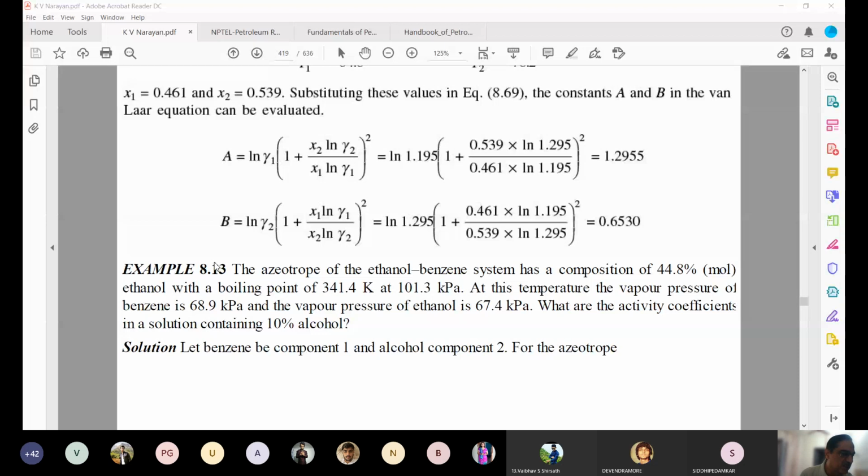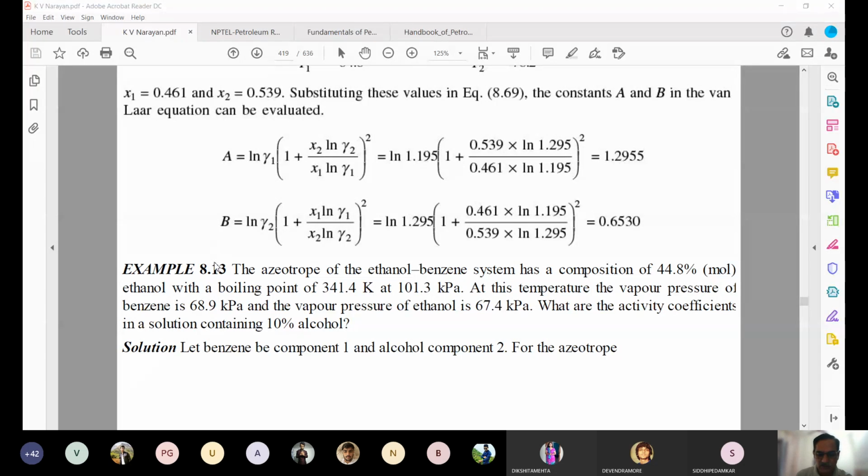अभी इसने जो बुक में सॉल्व किया है, ये बेंजीन को कंपोनेंट 1 और इथेनॉल को कंपोनेंट 2 लेकर किया है, डजंट मैटर, यू कैन सॉल्व इट इधर वे। इतना ध्यान रखने का कि क्या कंपोनेंट 1 लिया, क्या कंपोनेंट 2 लिया आपने। सर, इथेनॉल को X1 कंपोनेंट 1 लेके कर सकते हैं? X1 is for more volatile component. Yes, but that's what I am pointing out. इसने बुक में उल्टा किया है। इसने बुक में बेंजीन को कंपोनेंट 1 और इथेनॉल को कंपोनेंट 2 लिया है, तो क्या हो जाएगा, A और B इंटरचेंज हो जाएगा और कुछ नहीं।